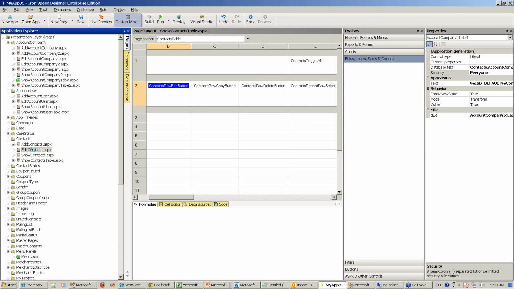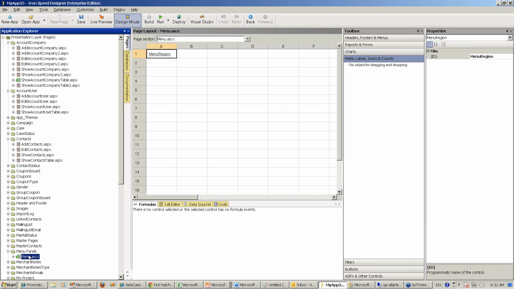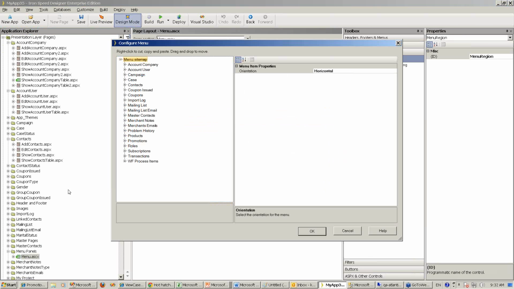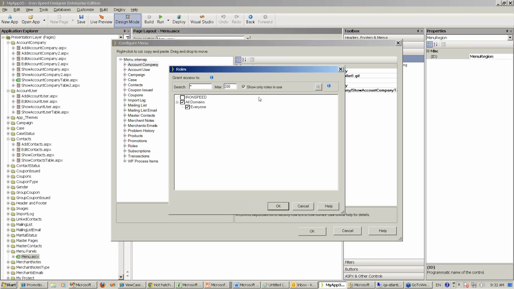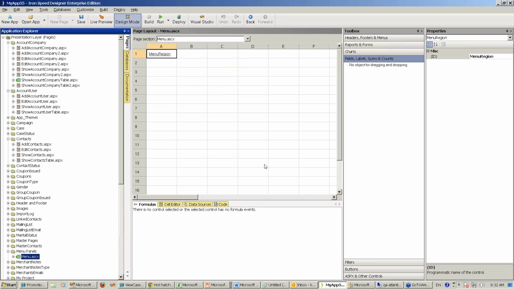Oh, not finally. The third thing, if you don't want those people to see the menu, then you can go to menu, click configure, and in the menu you can select any menu and also set roles right here the same way. So show all roles, select, and then assign it. So only those people who have this role will see this menu. And finally now,